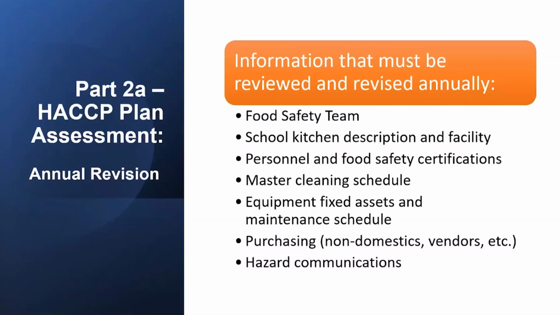Part 2A contains the following information, again, that may only need to be revised from year to year. It does not have to be completed from scratch, just updated for that year as information changes. This includes the following areas that you see here: your food safety team, your school kitchen description and facility or serving area description, personnel and food safety certifications, master cleaning schedule, equipment and fixed assets and maintenance schedule if you have equipment that you use for storing food, purchasing information such as any non-domestic lists and purchasing vendors,